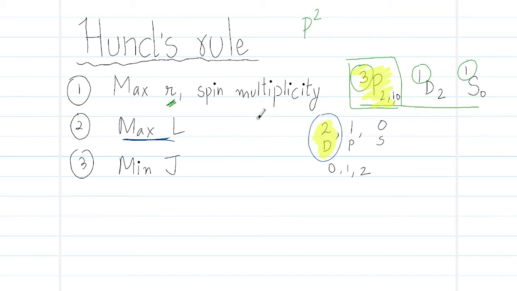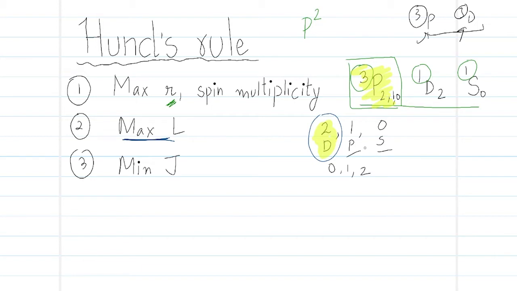Suppose the maximum value of S is the same. Suppose we had two terms that had 3, so this is the maximum. Suppose we had 3P and 3D. Then what would you have chosen in this case? This is what is considered: when this value is the same, then you go to the next rule. In this rule, it clearly looks like D is preferred over P and S. But this comes after that. When we arrange these symbols, we'll see how this is happening.